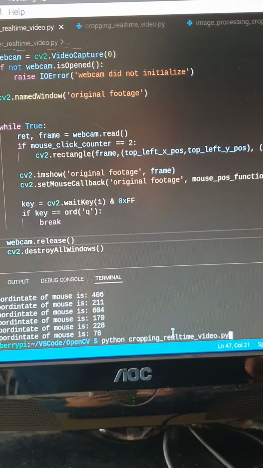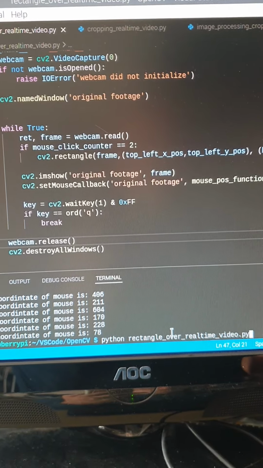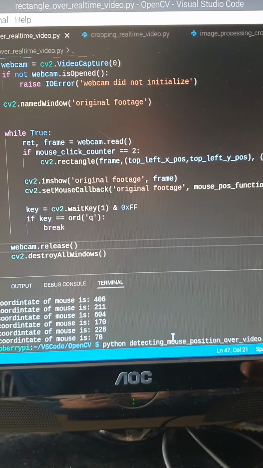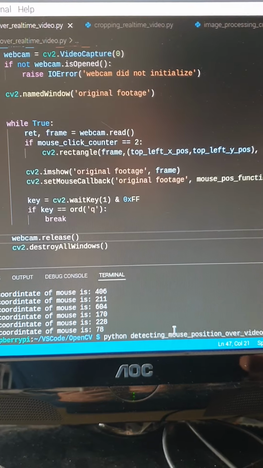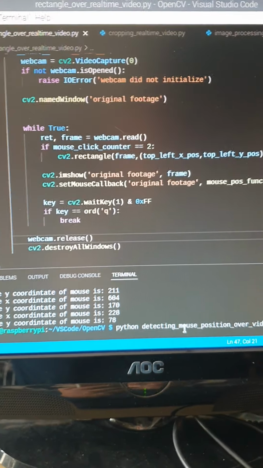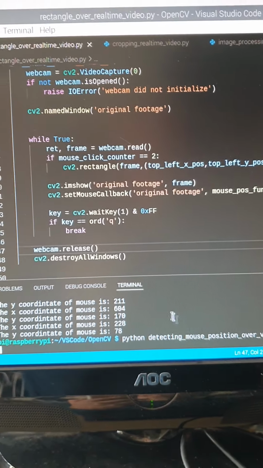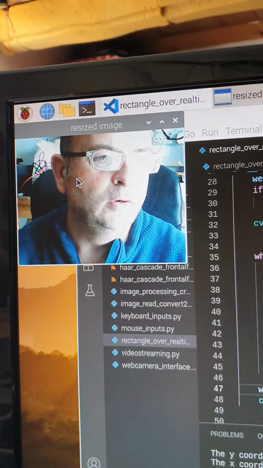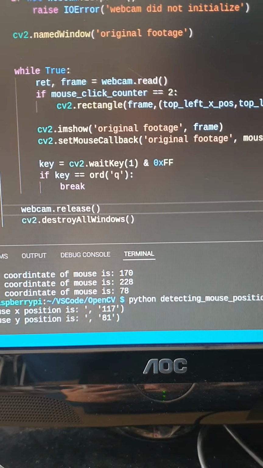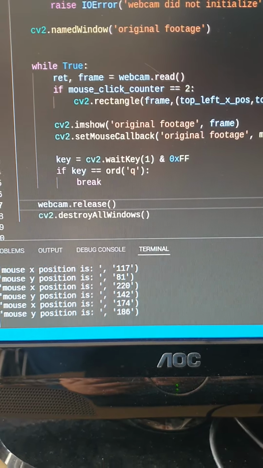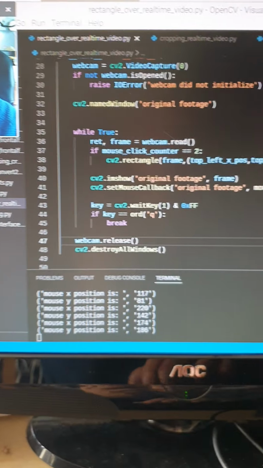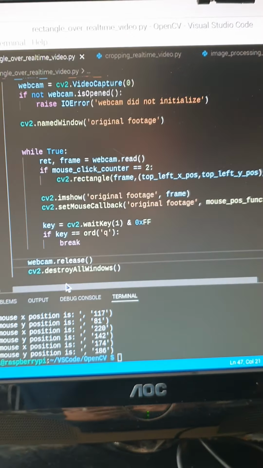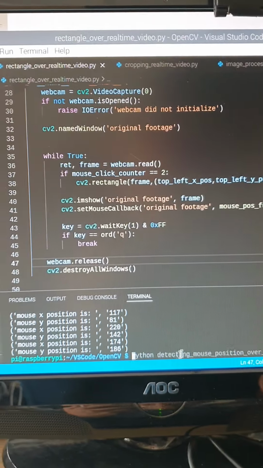Now I am going to show how to do the same thing, this time on video. That's the real-time video. The mouse is hovering over my video. I am pressing, and here again we can see that it works as well. This brought about